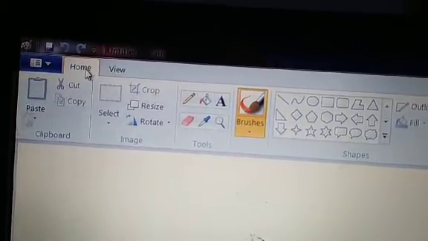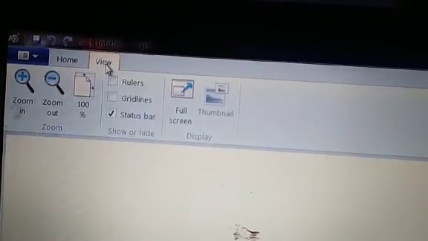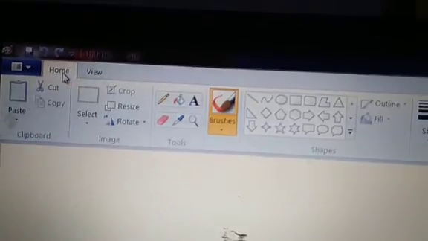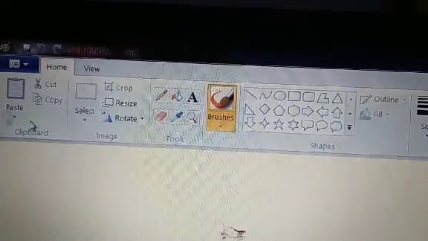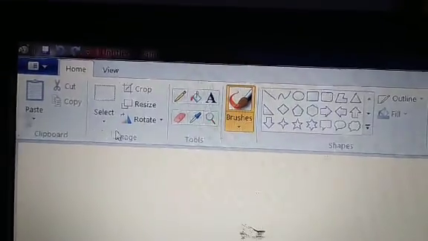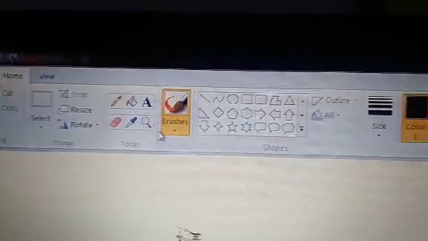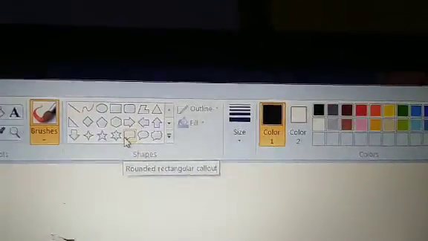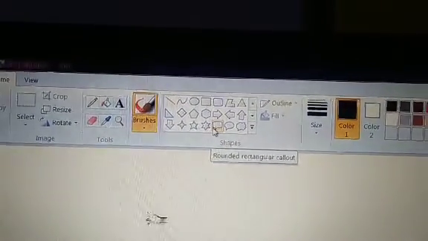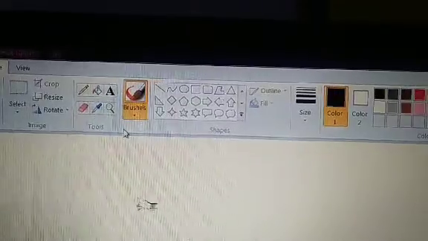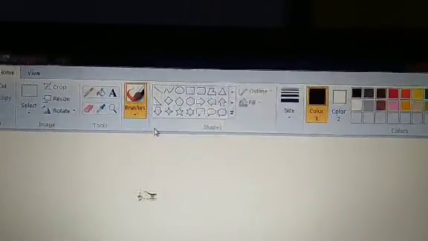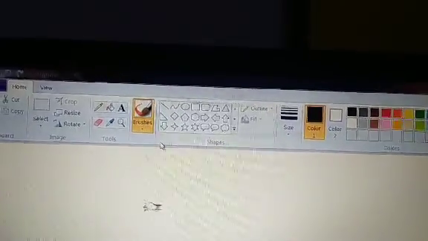These two are tabs, home and view. These are the groups of the view tab, and when I click on home, these are the groups of the home tab: clipboard, image, tools, shapes, color group. In the last homework I gave you to draw the tools group, shapes group, and colors group. I hope you have done your homework.